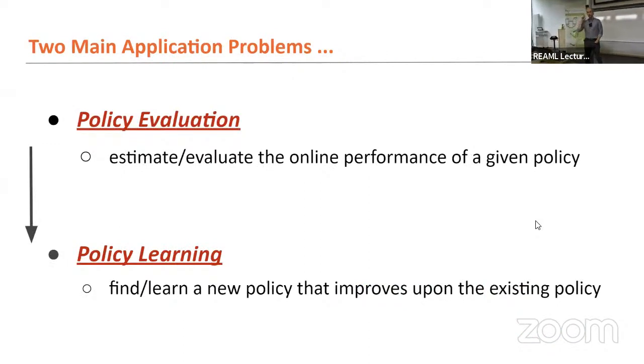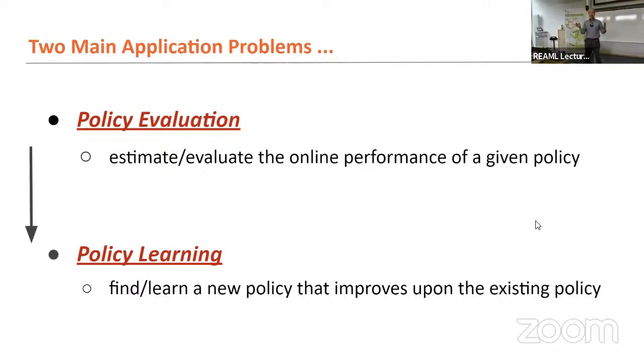So, okay, I'll talk about 2 problems here. The first one is policy evaluation, and that means you have a policy, like some function that produces rankings or some function that makes recommendations. You want to evaluate how good it is. What is its reward, in expectation, let's say. That's the policy evaluation problem.